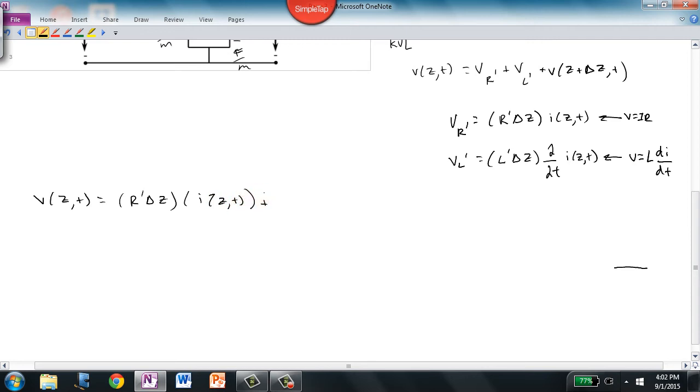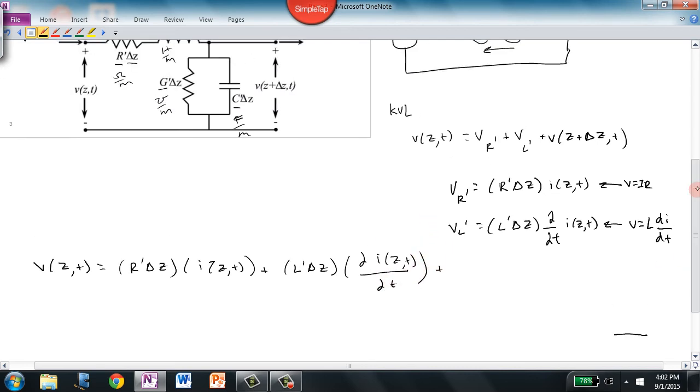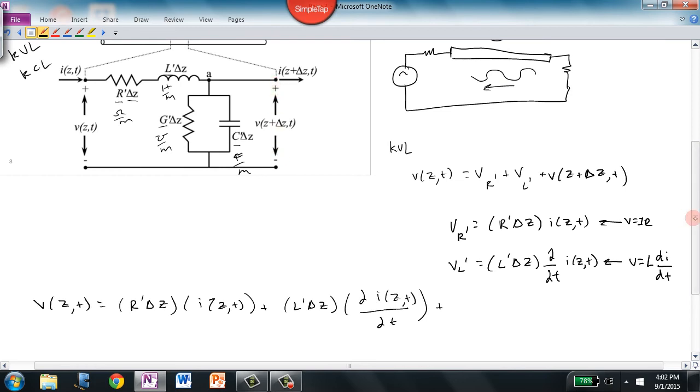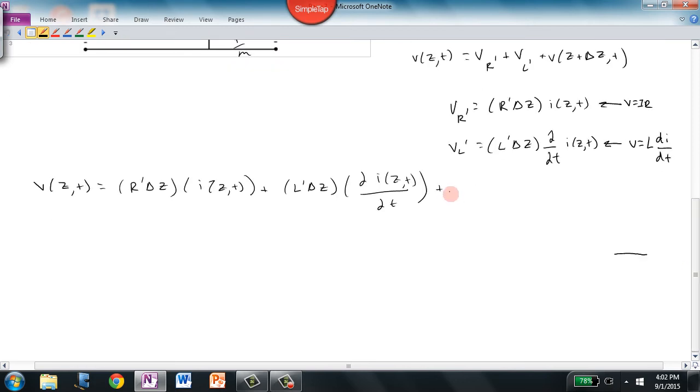And then the voltage drop across the inductor, which is the inductance times the partial derivative of current with respect to time. And then we have to take the voltage drop across the output end of the T-line, which was just delta Z meters further along. So that's a complete